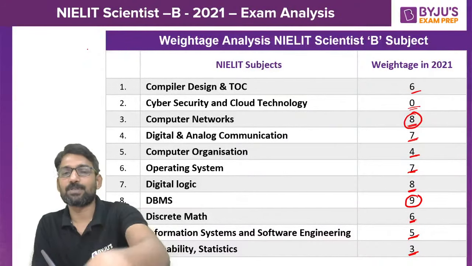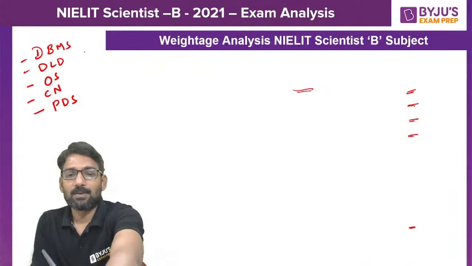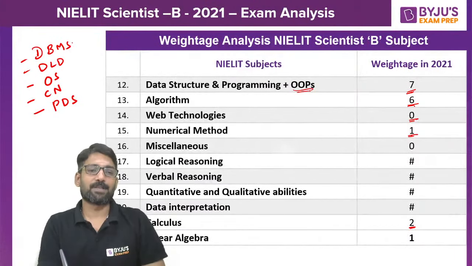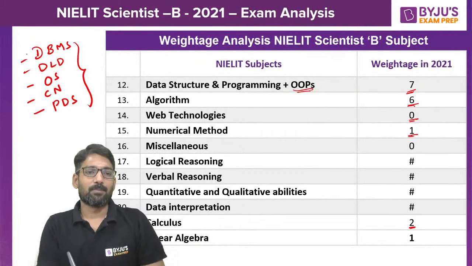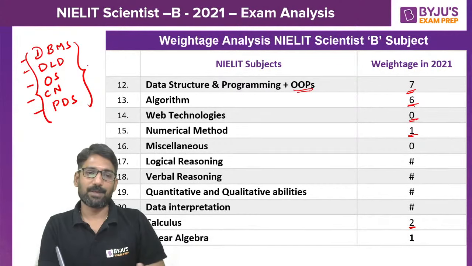CN, of course, and digital and analog communication also. Majorly, these 5 subjects together gave you around 35 marks, or 35 questions,